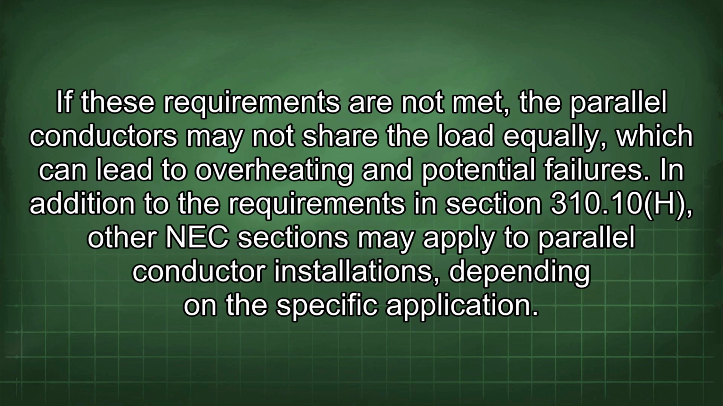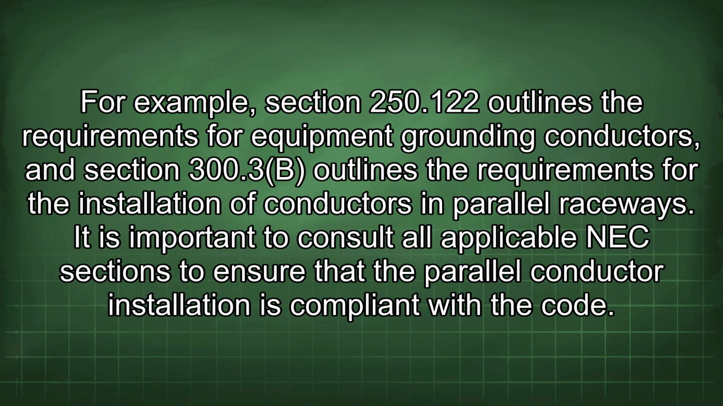In addition to the requirements in Section 310.10(H), other NEC sections may apply to parallel conductor installations depending on the specific application. For example, Section 250.122 outlines the requirements for equipment grounding conductors, and Section 300.3(B) outlines the requirements for the installation of conductors in parallel raceways. It is important to consult all applicable NEC sections to ensure that the parallel conductor installation is compliant